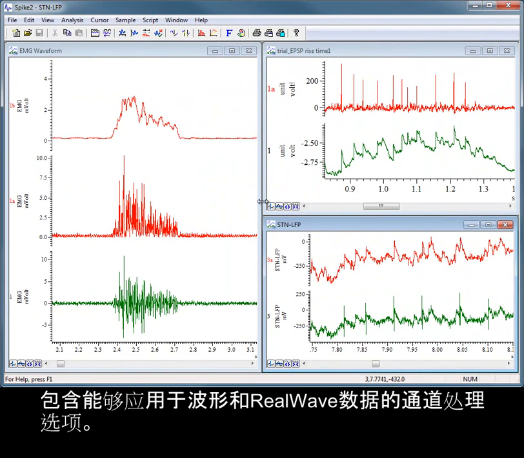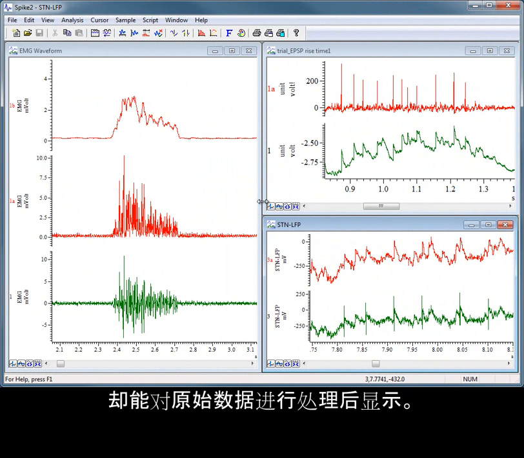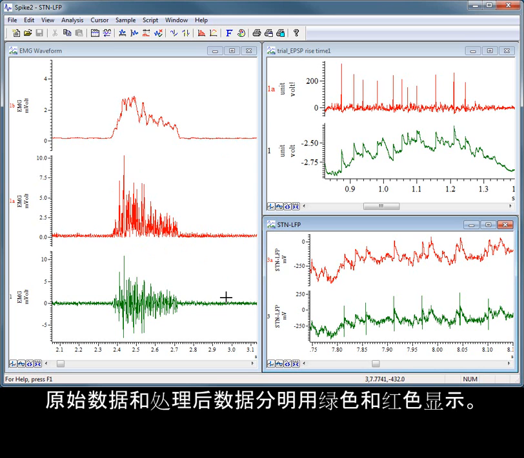Spike2 includes channel processing options that can be applied to waveform or real wave data. Channel processes are dynamic and do not affect the data stored on disk, but use the raw data to display a calculated version of the process trace on screen. In these examples, I have duplicated the channels and displayed the processed versions in red for comparison with the raw